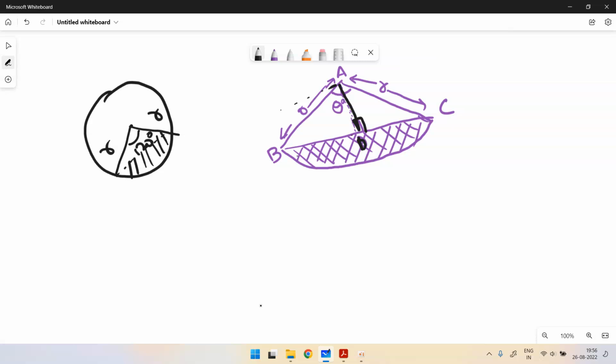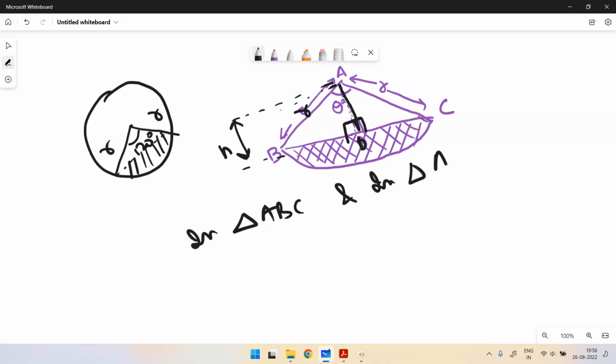This is the height of the triangle, let me denote it with H. For this I'm taking this as the base. Now look at triangle ABC, and in triangle ABD, what you can see